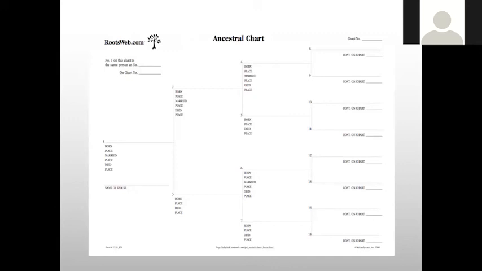Here is the ancestral chart, and this is what you're going to use to record your direct line ancestors. Your direct line ancestors are your parents, your grandparents, great-grandparents. It does not include what we call the collateral relatives, who are your aunts and uncles and cousins. So you want to start with yourself being number one and record as much information, hopefully all of the information